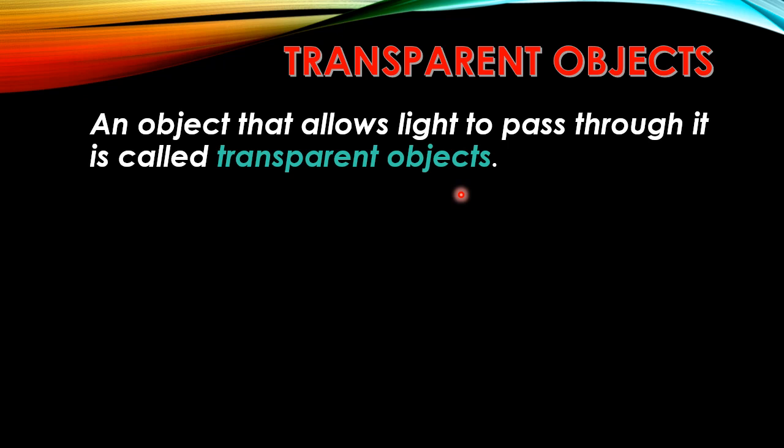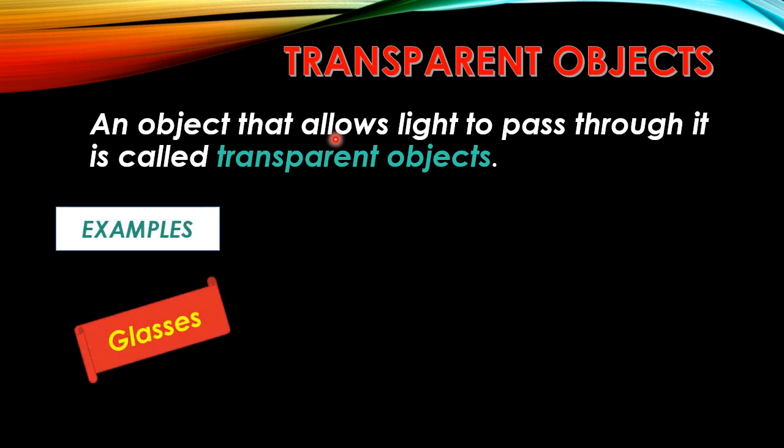First of all, if you are in a dark room, what you need to see any object is a light. A light, sunlight or any torch. You need these things to watch any object. So a transparent object needs to allow the light to pass through it. Means you can see the other thing clearly. Transparent objects help you to see anything clearly which is on the other side of that object. Let's study it with examples.